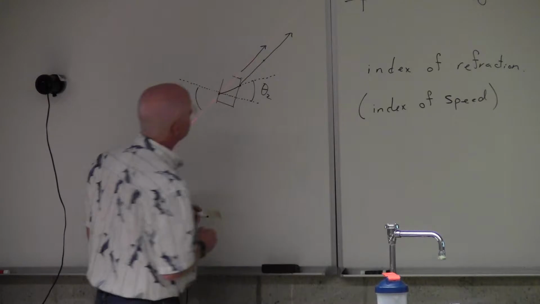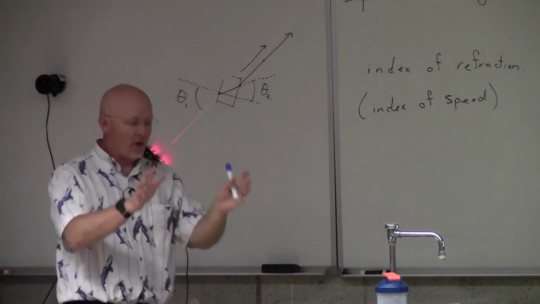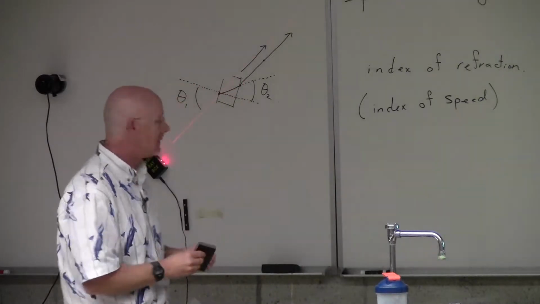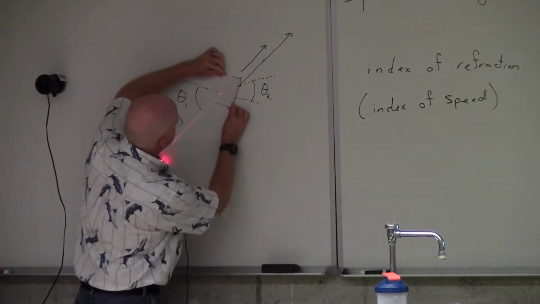Those two lasers going in and coming out will be parallel? Oh, yeah. In this case, the answer is yes. It's a good question. If I change colors here and draw this beam, that's where the beam is going to go without anything in the way, right? Then when I put my glass block on here,